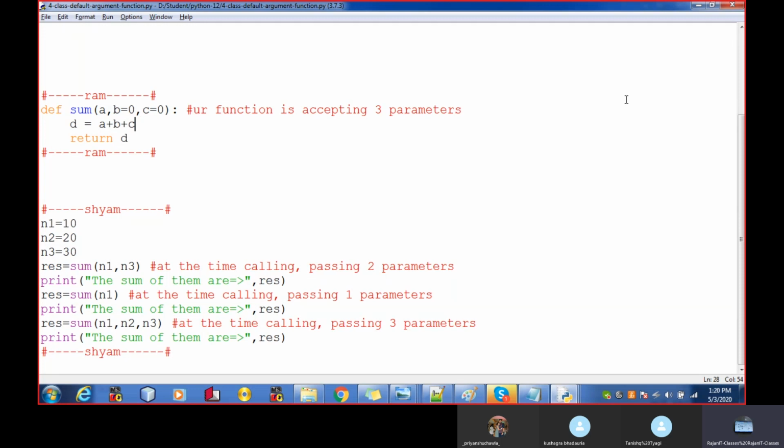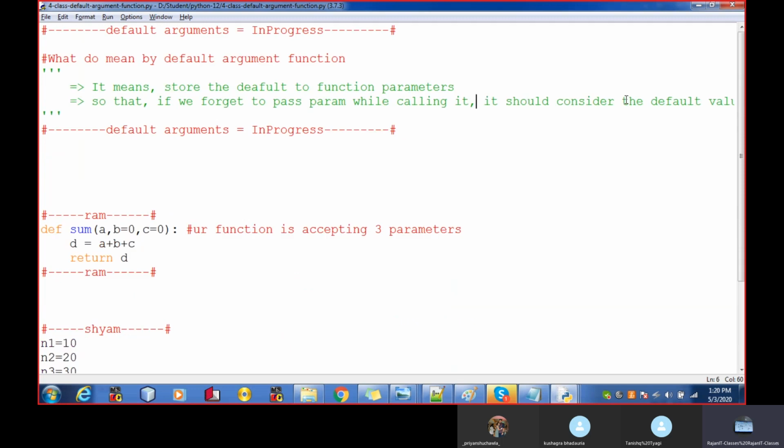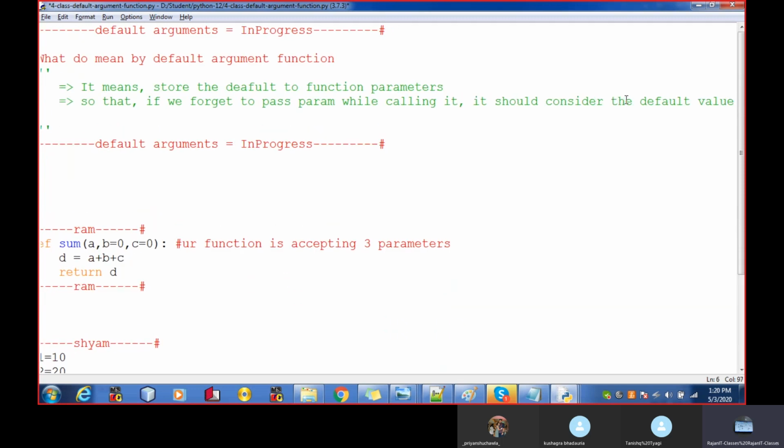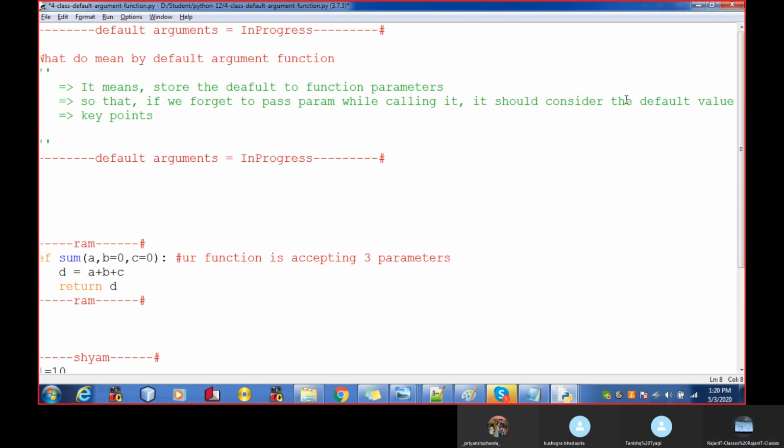Okay, now what are the key points? There are some key points that must be remembered when making the default argument function. Only last parameters will hold default value.